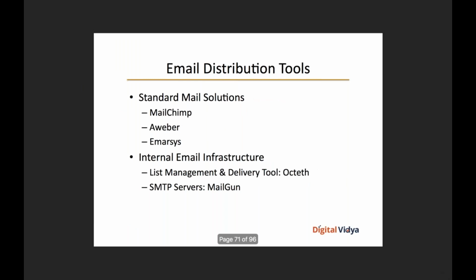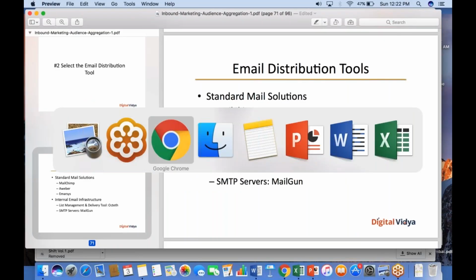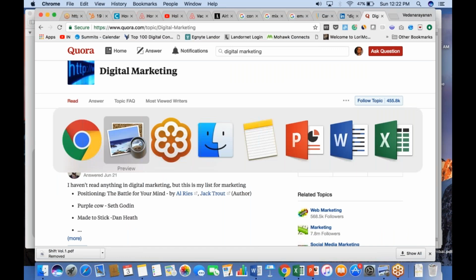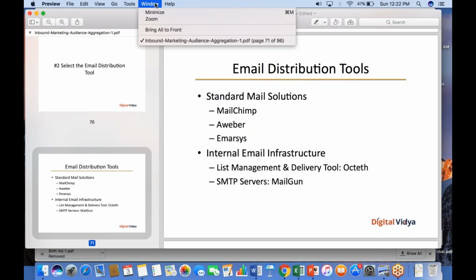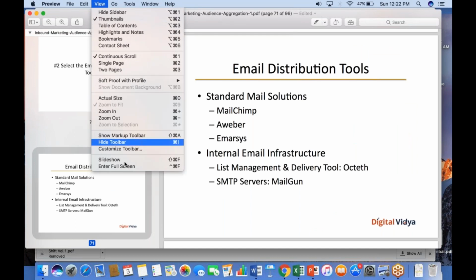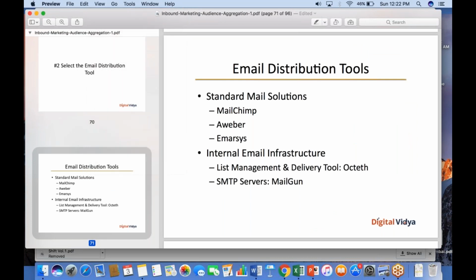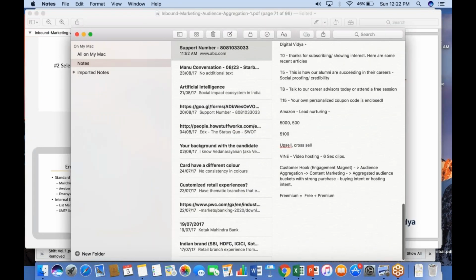There are a couple of other players, Aweber and Emarsys, but my personal favorite, other than MailChimp, is Acton. Again, I think that's a name which I've mentioned earlier, and that's something which I would really recommend, especially if you're a small company which is starting up. It's an awesome marketing automation platform, and it also depends on what exactly you're looking to use the email platform for. So, MailChimp offers you tremendous advantages in terms of its